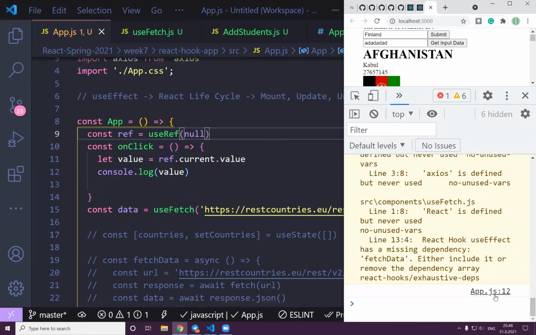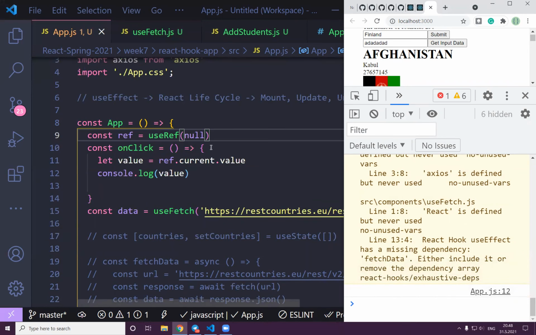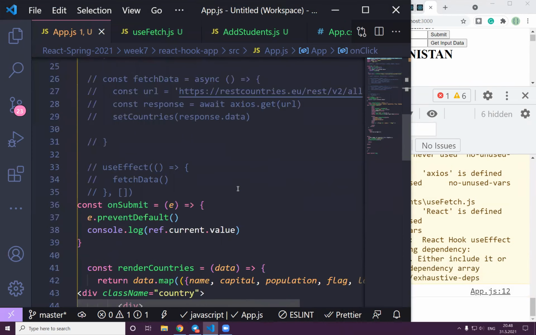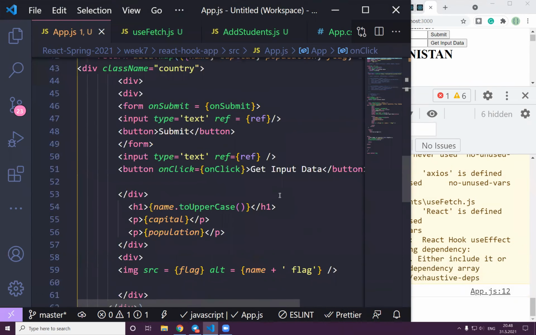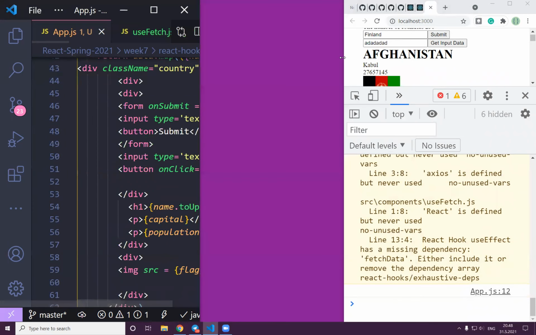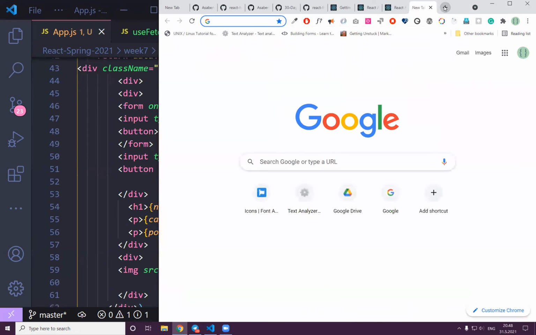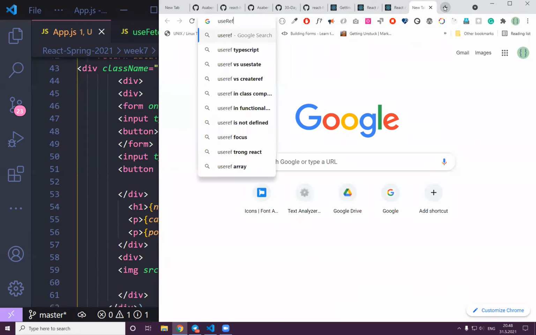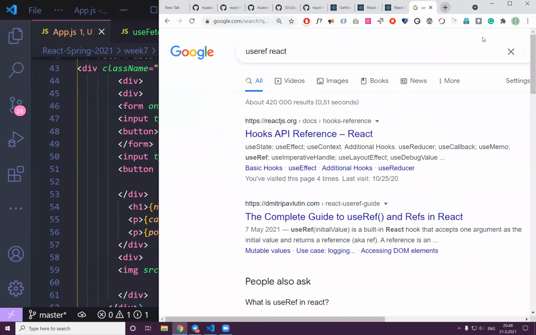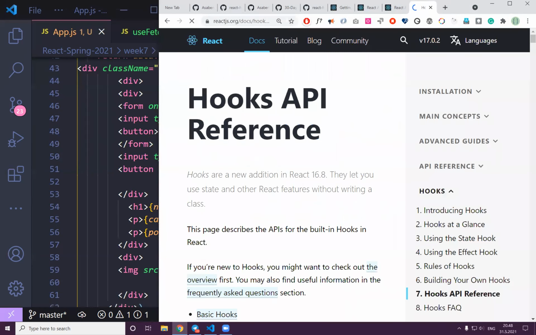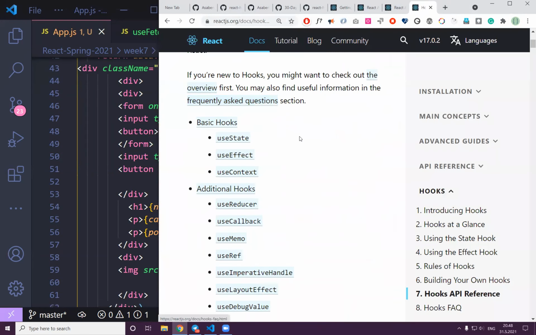Oh, even that's not working, as you can see, for some reason. But wait, what's the problem here? Let's even go to the documentation and use ref. Yeah, so this is how you do